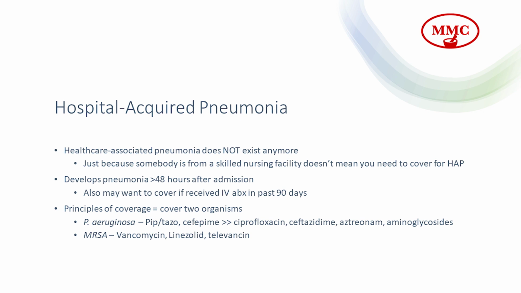So principles of covering for HAP, you need to cover for two organisms. The first one is Pseudomonas aeruginosa. So that'll be stuff like pip/tazo or Zosyn or cefepime, which I personally prefer to other things like ciprofloxacin, ceftazidime, aztreonam, and aminoglycosides. Mainly because our minimum inhibitory concentrations have gone up for things like ceftazidime and ciprofloxacin, especially aztreonam,